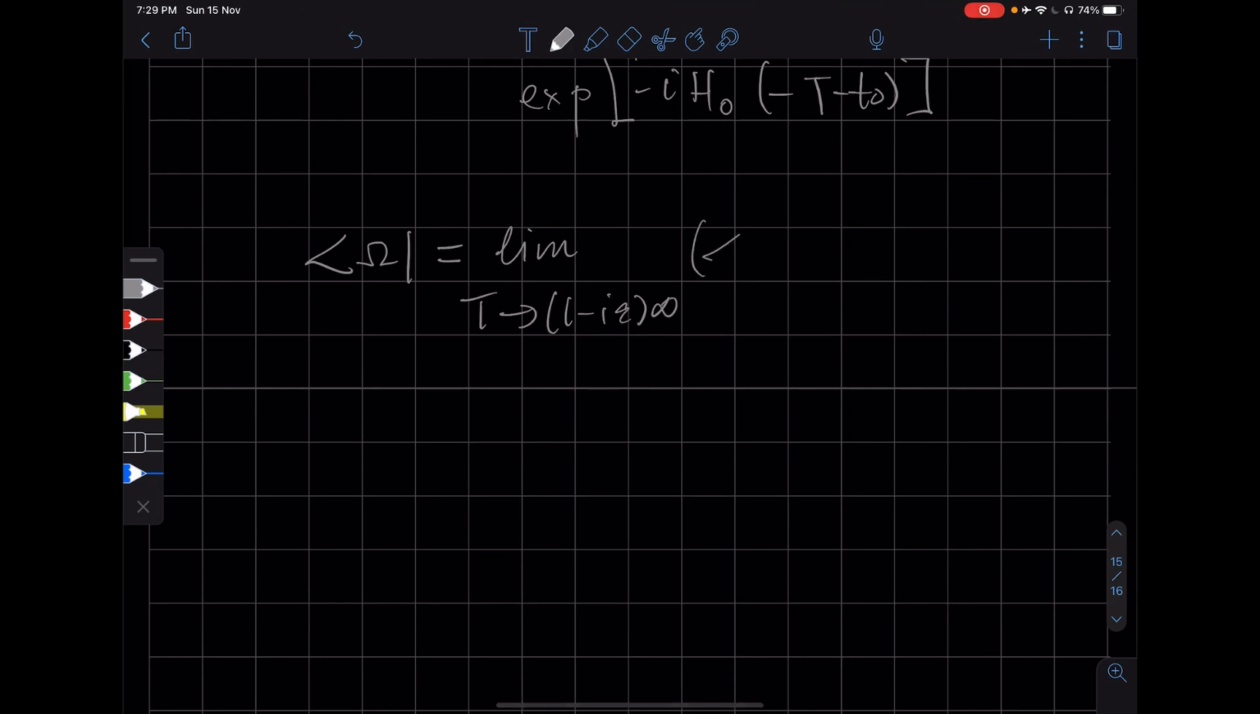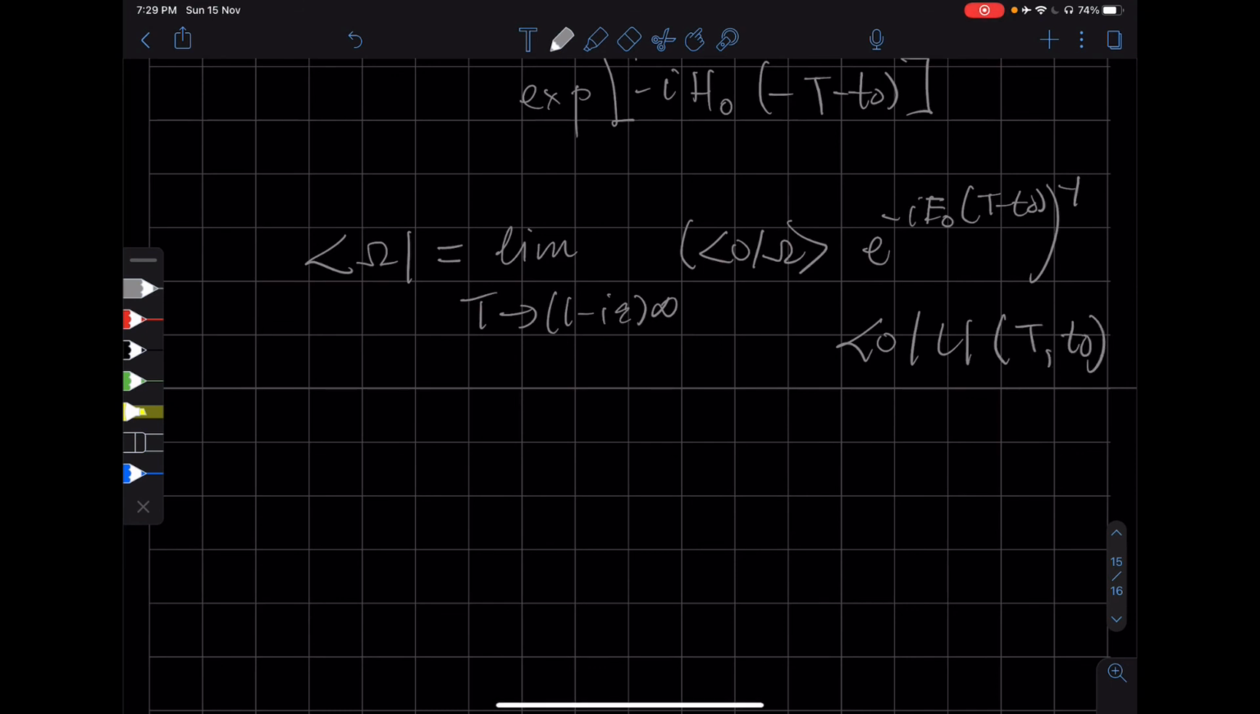And here we will have ⟨0|Ω⟩ e^{-iE0(T − t0)} inverse, and then ⟨0| and there's U acting on ⟨0| from t0 to T. So these are the expressions of the interacting vacuum in terms of the free vacuum. Next, we put